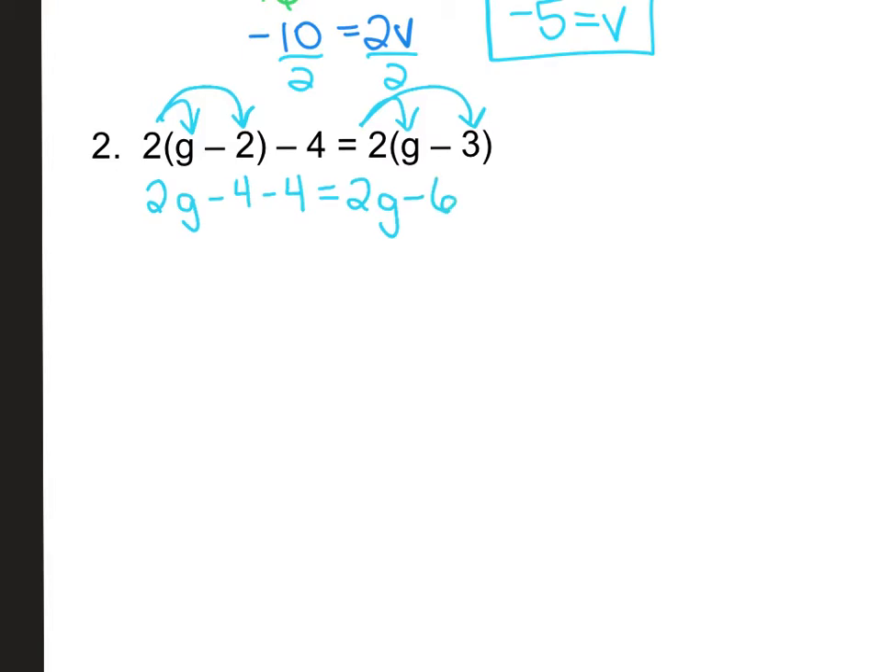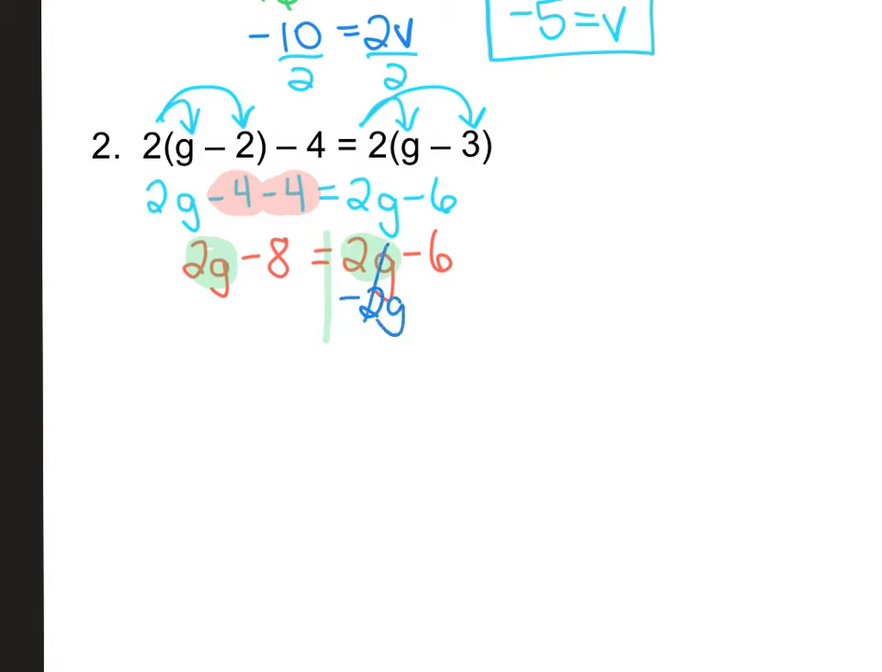Okay, one more thing before I continue to move on is I need to combine on the left-hand side my numbers. So I'm going to get 2g minus 8, because -4 minus -4 equals -8, equals 2g minus 6. So now I can start solving. And I want to move my g's first. So what you should notice now is that you've got 2g on both sides. So no matter which way I move them,